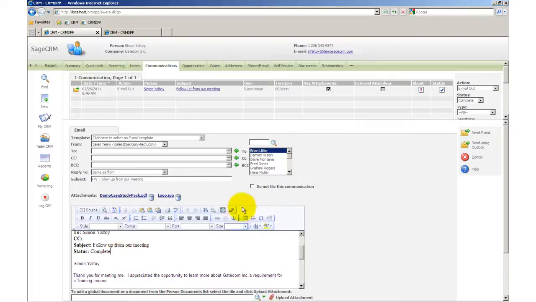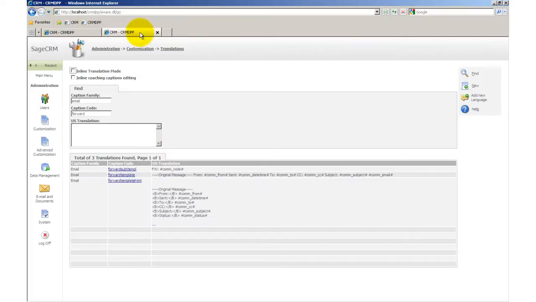We can see that this could be used as part of the response if we are replying within the product to reply back about that particular previously sent email. We can format our responses in any way that we need. That then is how we are able to control, using translations, either the forward text, forward translations, or the reply